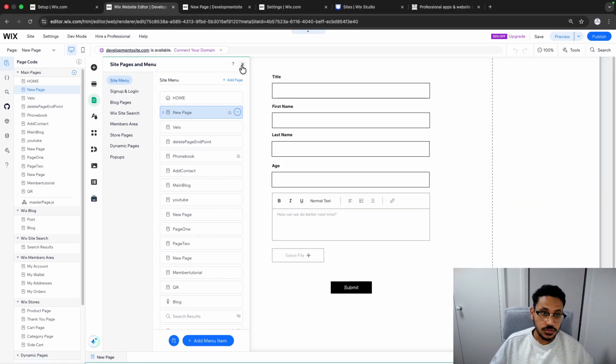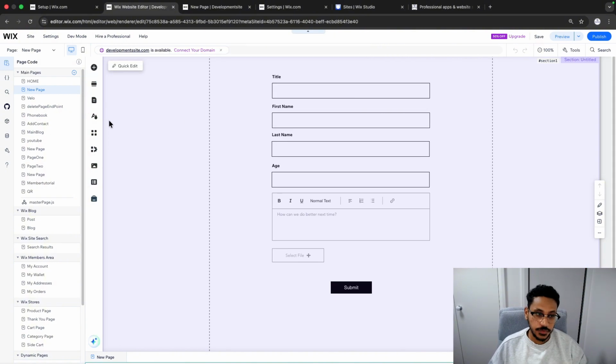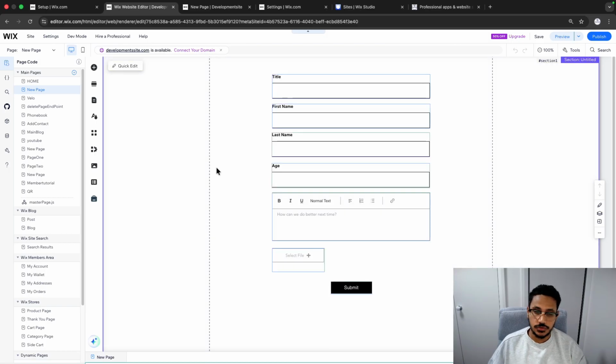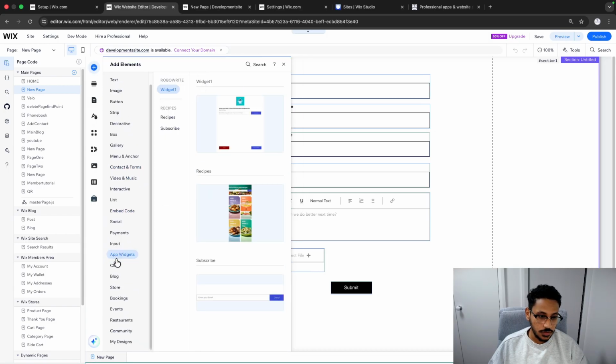The third feature, which again, I think it's very important, but a lot of people forget about it. I made a video about it also somewhere showing up now, but this is a really good feature because it allows you to create or embed custom codes and embed HTML and CSS directly on your website. So let's say, for example, to do this, all you need to do is click on this plus icon. You can then go to,